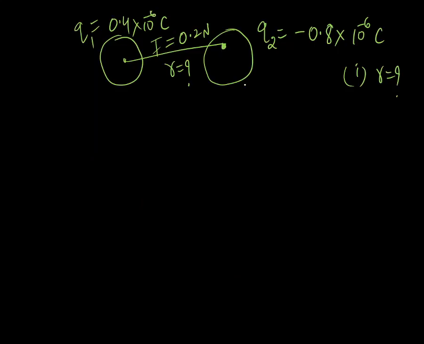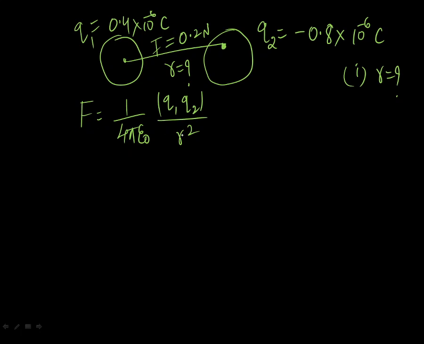Now here, very simple concept, 2 charges are there which are experiencing a force. So the force experienced by the charges is given by Coulomb's law, which is F equal to K, or instead of that constant you can use 1 by 4 pi epsilon naught, magnitude of Q1 Q2 by R square. This is the formula. Magnitude is very, very important because that indicates that we need to take the positive values. Suppose here Q2 is negative, but since in the formula we have a magnitude, this minus 0.8 we consider as a plus 0.8. So the value of R is what they are asking.